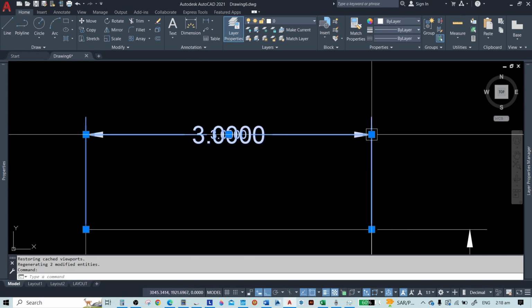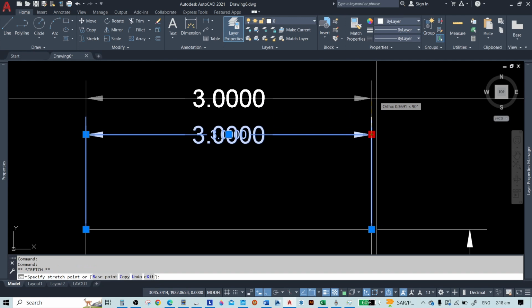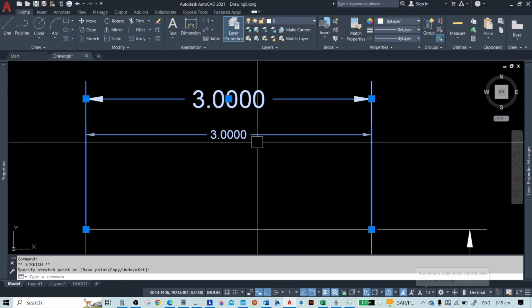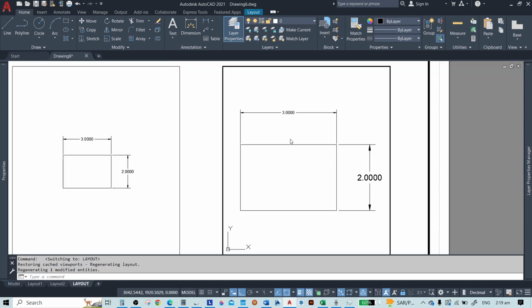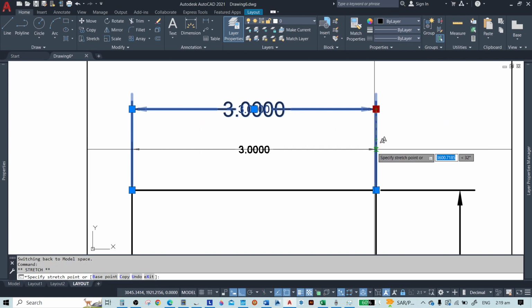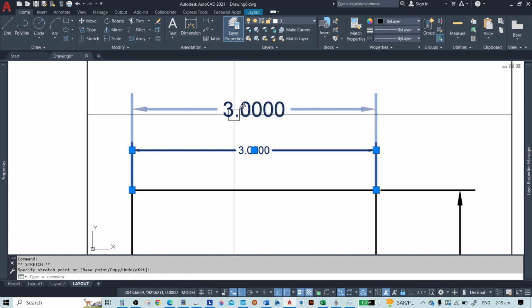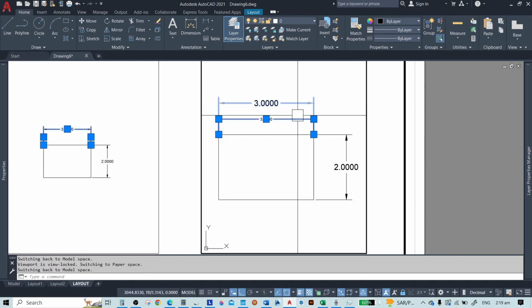The 1:1 dimension, or the 1:1 scale in the dimension will only be the one that we can edit, because of the settings here nga 1:1 atong dimension. The same pod here in the layout. As you can see, if I click this one, if I adjust this dimension, this is 2:1, this 1:1 dimension will remain. Okay, so naagi po siya shadow.